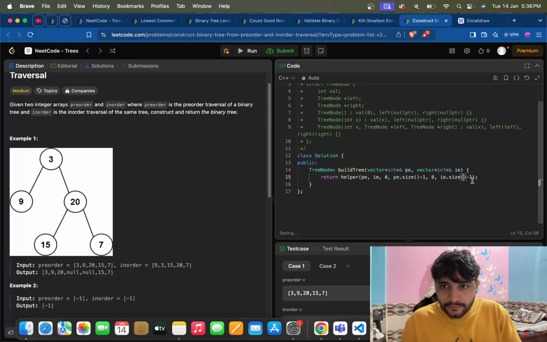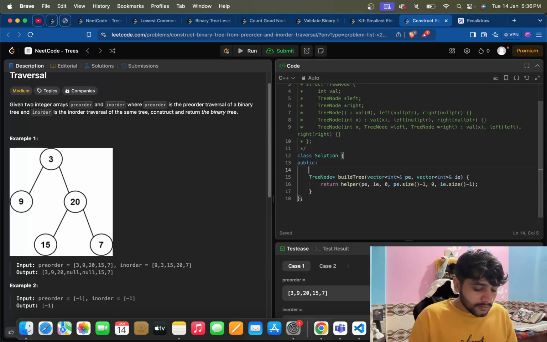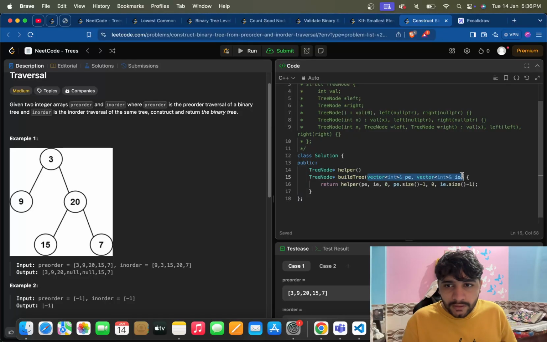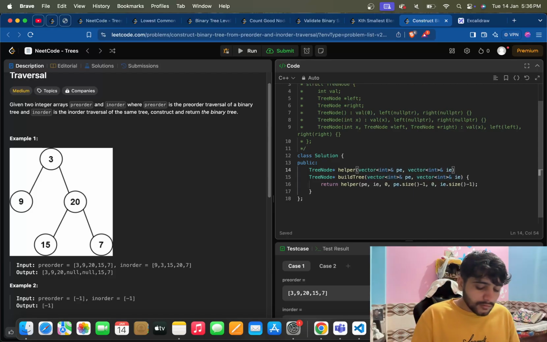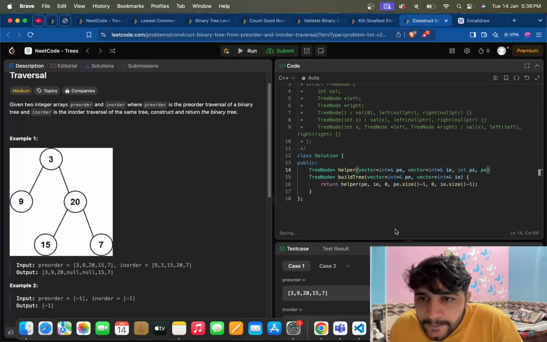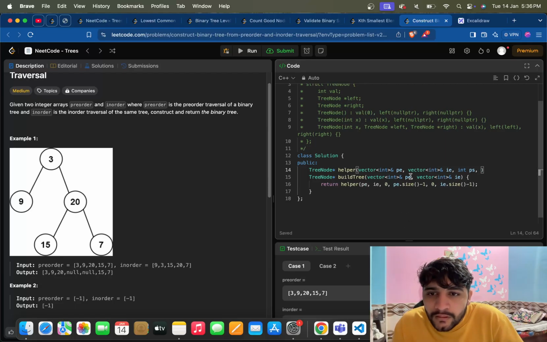I'll remove this off. Now we call the helper function, node star helper. These two vectors we will be having, right? Then the values like pre-order start, pre-order end. No, let's just take it as p and i. So int pre-order start,